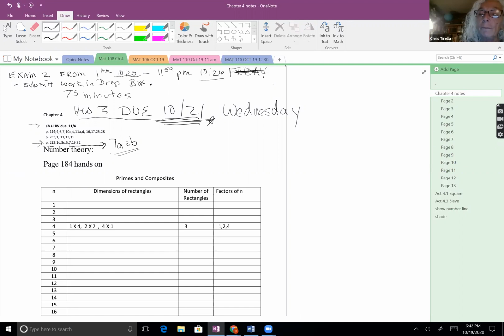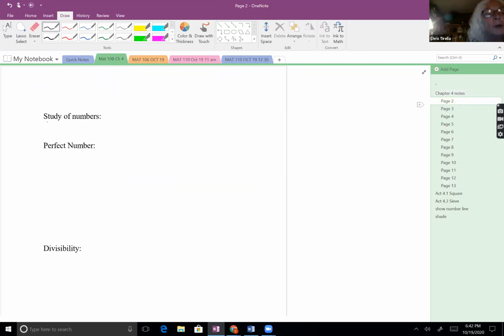A tiny bit of introduction, page 2. This chapter looks at the study of numbers. And when we talk about the study of numbers, we're referring to the idea of number theory. And I do want to go in and fill in that chart that I had on the first page, but